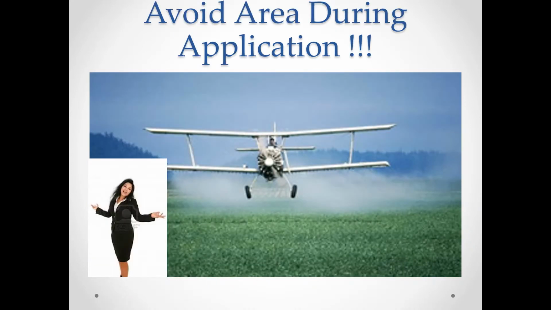Okay, you want to avoid the area during application. And so pesticides can be applied through irrigation, can be applied through small backpack sprayers or handheld sprayers. We often sometimes use small little spray bottles when we're using neem oil or some organic based oils. Here is an example of a crop duster plane putting down some sort of application over a large area,